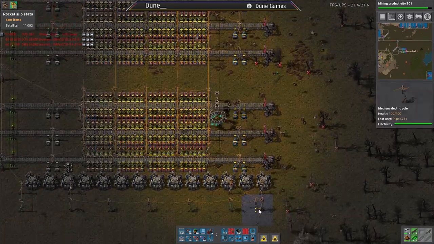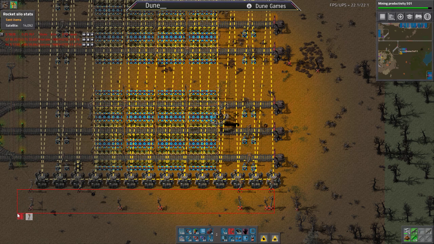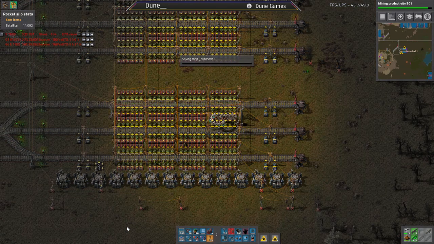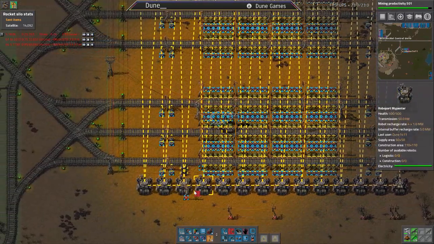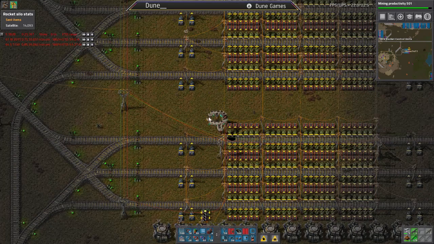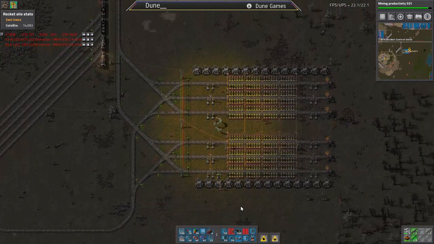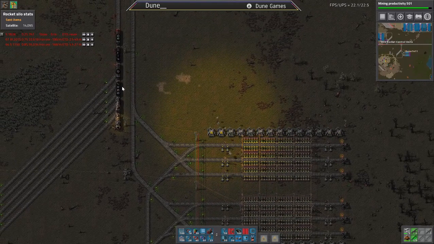I'm not quite sure what these power poles are for. They're probably for these. Pluck them for now, though. Seeing what those ones. There we go. I think that's roughly it. A few more things to do, but